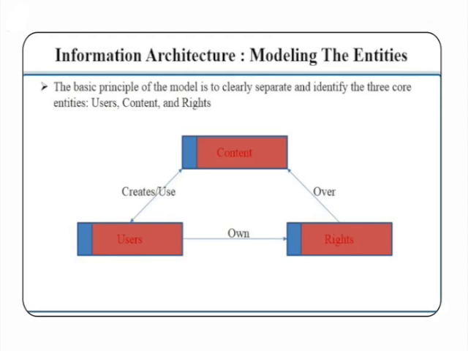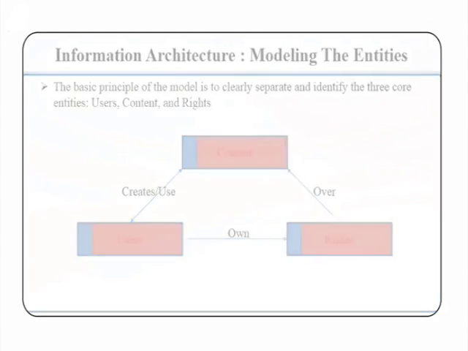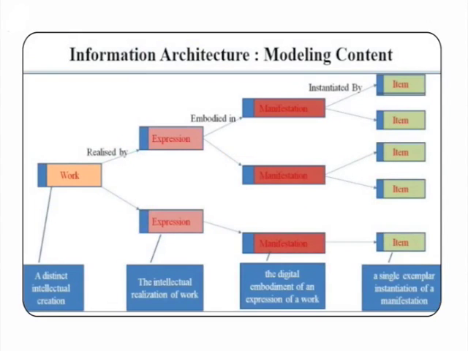The users can be any type of users, from a right holder to end consumer. The content is any type of content at any level of aggregation. The right entity is the expression of the permission, constraints, and obligations between the user and content. The primary reason for this model is to provide greater flexibility when assigning rights to any combination or layering of users and contents. In information architecture, the content itself also needs to be modeled.